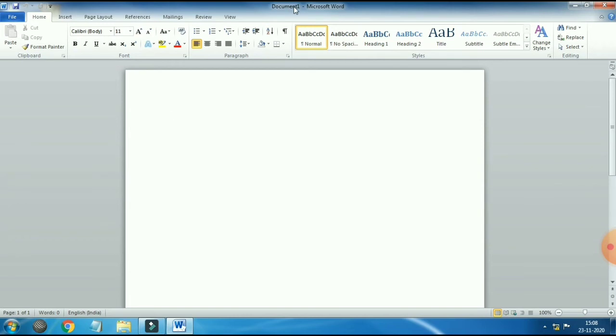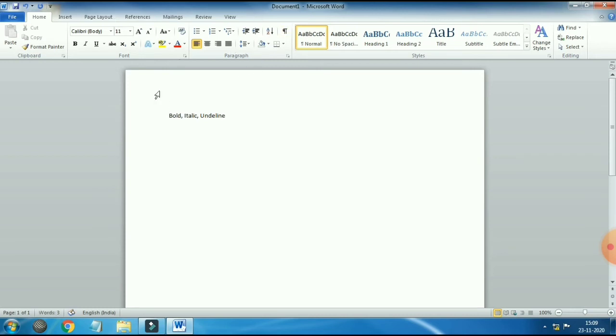The name is Document 1 by default. Okay. So today we are going to learn bold, italic and underline effect. This bold, Control plus B, next italic, Control plus I, and the last is underline, Control plus U. This is the shortcut key for that. Okay. So to apply this effect, first we have to type something in our document. Okay. So it is our cursor. Let's start typing from here. Let's type bold, comma, italic, comma, underline. Type from the keyboard.